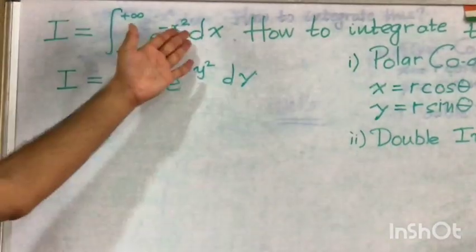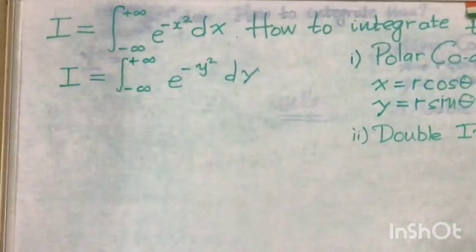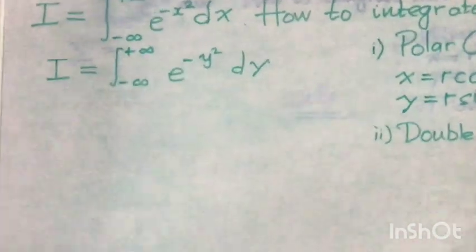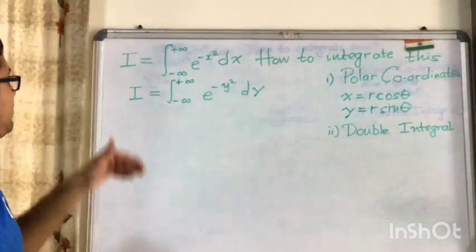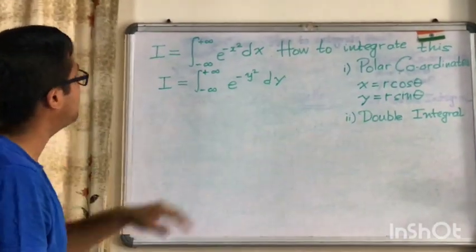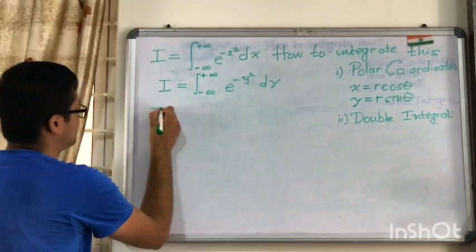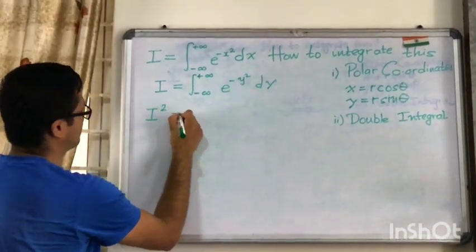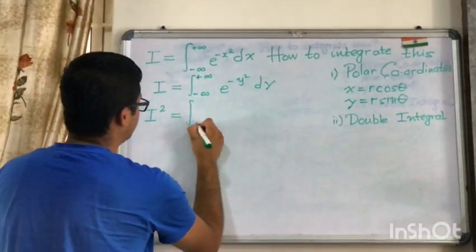This is nothing but the same function with the variable changed from x to y and everything else kept the same. Since it is a definite integral, the answer for this and this has to be the same. So we can take the same variable as I. Now what happens if you multiply these two integrals? You get I square on the left hand side, and on the right hand side you get